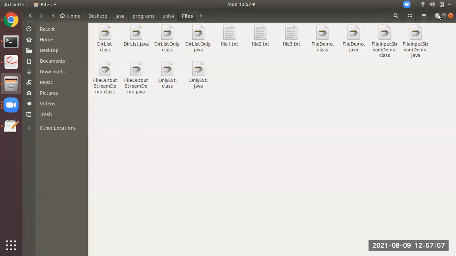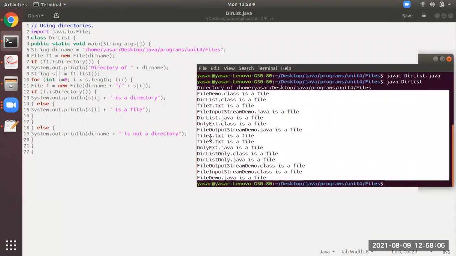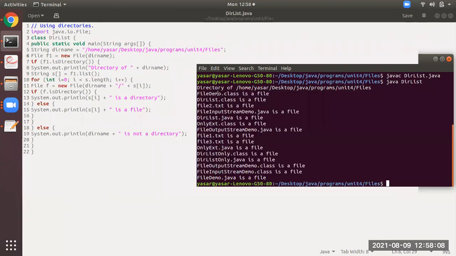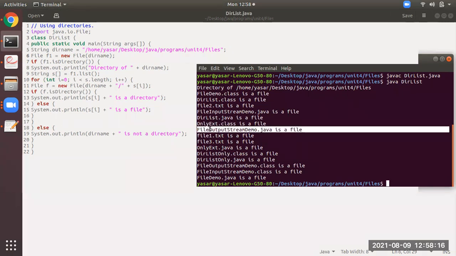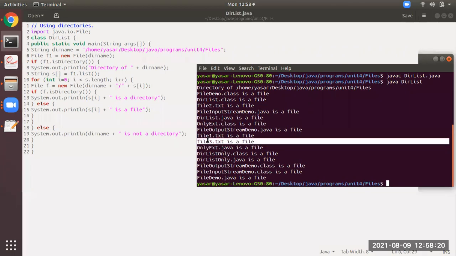So it is consisting of three kinds of files: .class, .java, and .txt. So in the output, that is why it is giving you the complete information. It is consisting of FileDemo.class. You see here, you can see FileOutputStreamDemo.java. You can see here file3.txt. Means what?